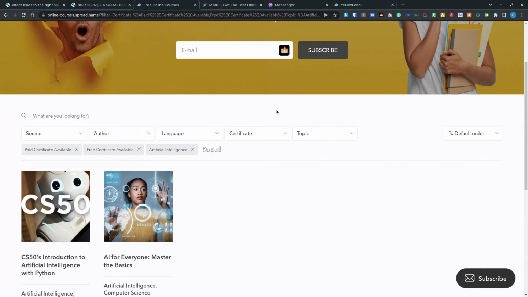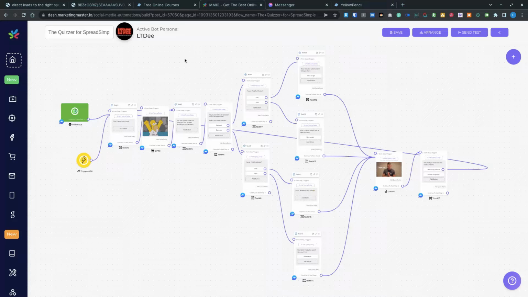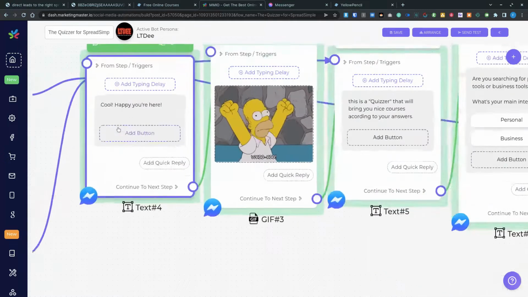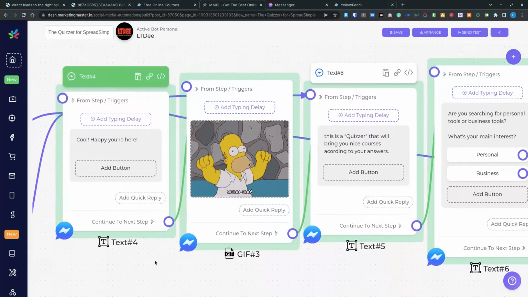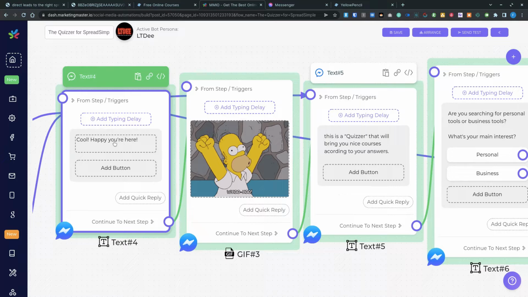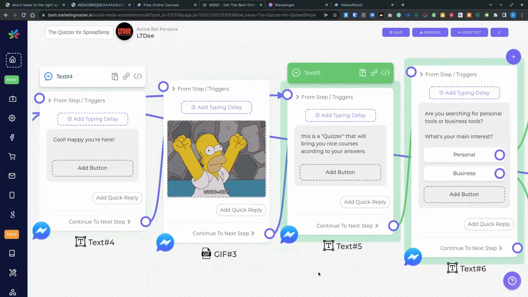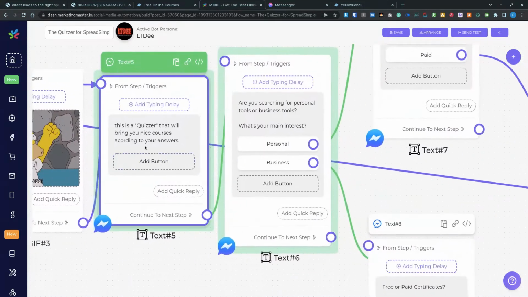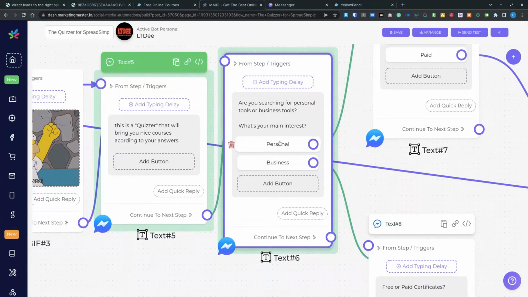And what I did, after a couple of selections, was build a flow on MMIO. I chose to build a bot because it's simpler for me. I'll go through it, but it's a flow that, depending on the answers of the user, will lead you to a specific link. Here I'm starting the conversation. So cool, happy that you're here. I put an animated GIF, and then I explain a little bit what it is, and then I ask,